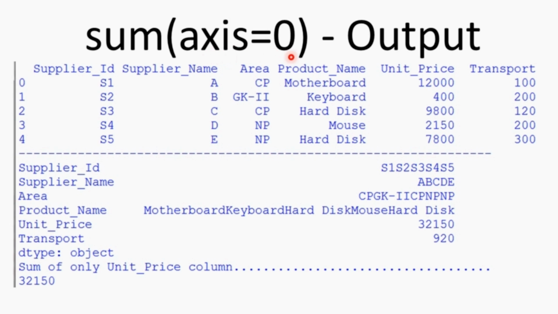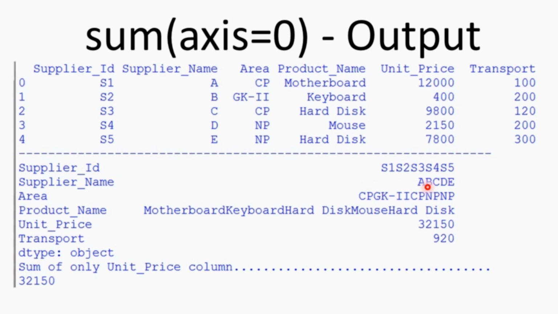Axis we have taken 0, so it will work along the rows, from this value to this value. These values are appended and we get the sum for the supplier ID column, that is S1, S2, S3, S4, S5. In the same way, supplier names are appended: A, B, C, D, E.